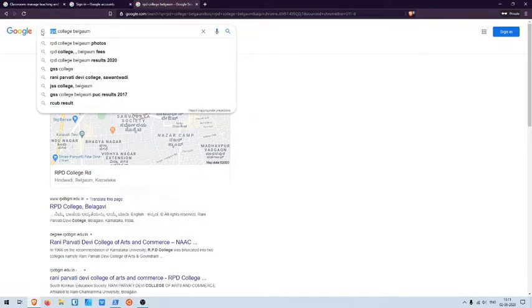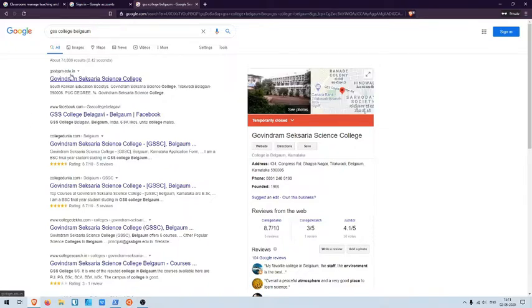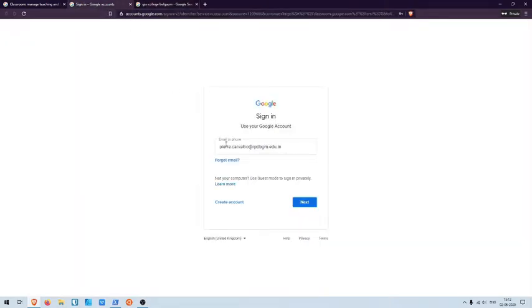The same thing can be done for GSS College, and you get gssbgm.edu.in. edu.in is a government owned domain name, so we have to register this with the government and then we get edu.in. That recognizes that this website is connected with an actual institution, one of the very important markers for authenticity. So here this is my name and this is the domain name of the college that I work for.